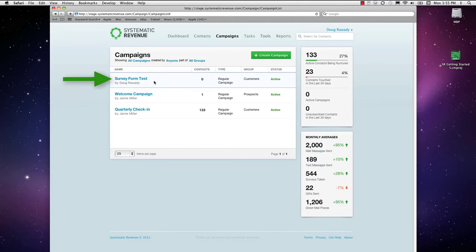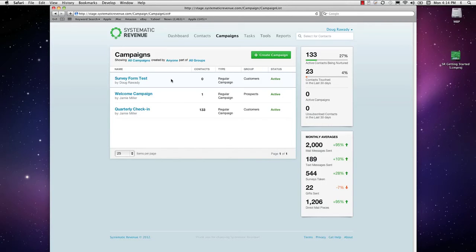Notice it now appears at the top of the Campaign Libraries window. At this point, you might be wondering about that Thanks for the Feedback email template we created for the survey web form in the previous tutorial, and why we didn't include it as an action step in this campaign. Well, we are going to use it, but since it's thanking a customer for having completed the survey, we can't just program it to go out X number of days into the campaign,